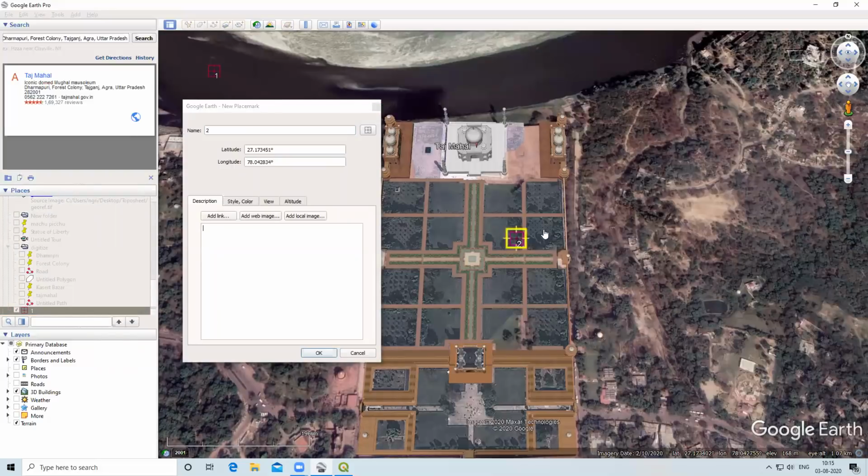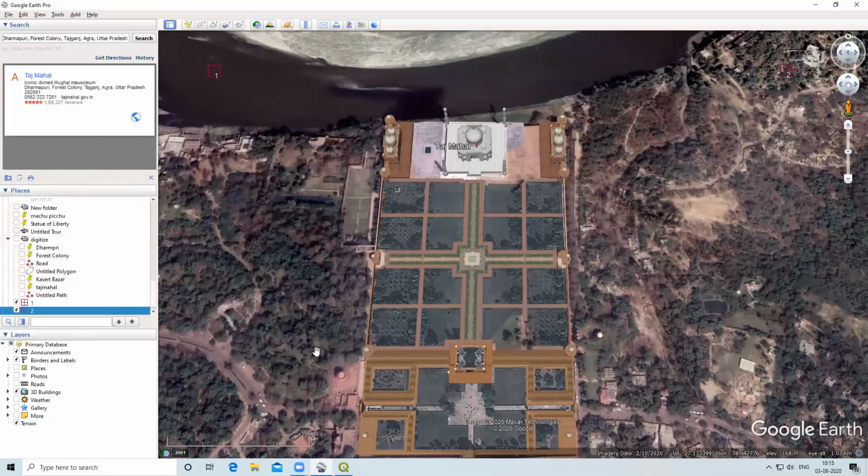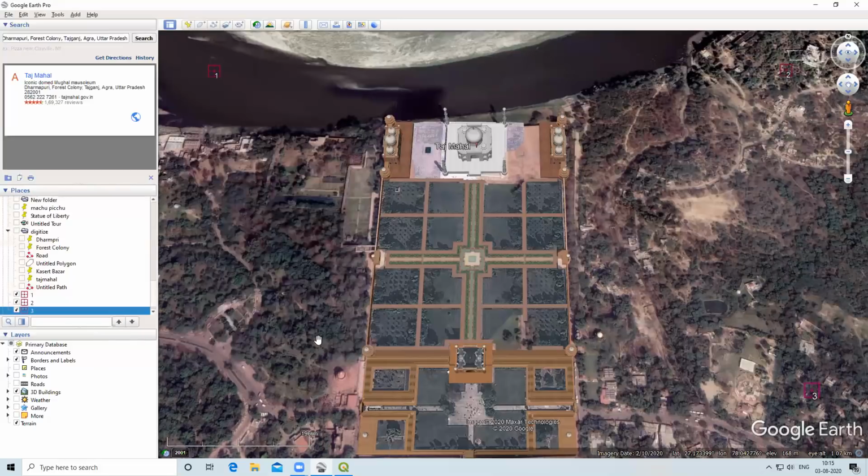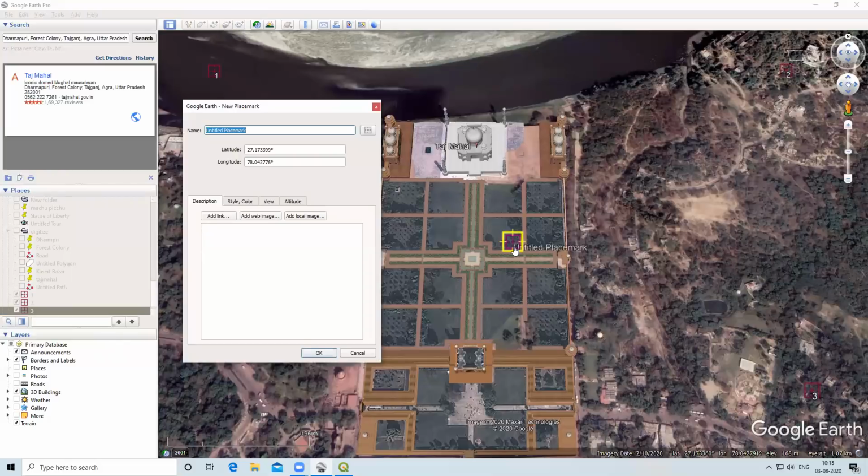I will move it to the corner, and I will press OK. Again I will take a third coordinate. I will move it, and 4. This is our third coordinate. Like this, I will add 4 coordinates.